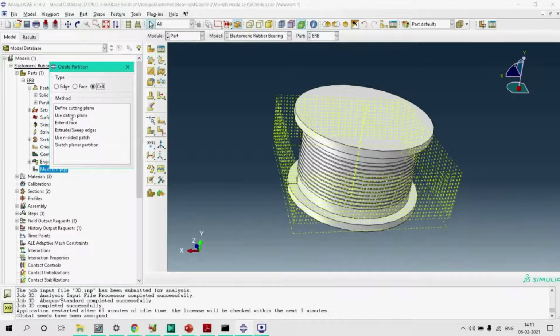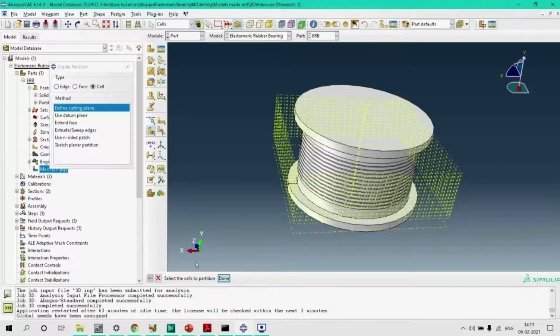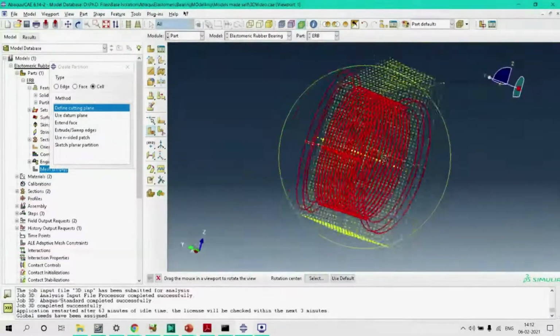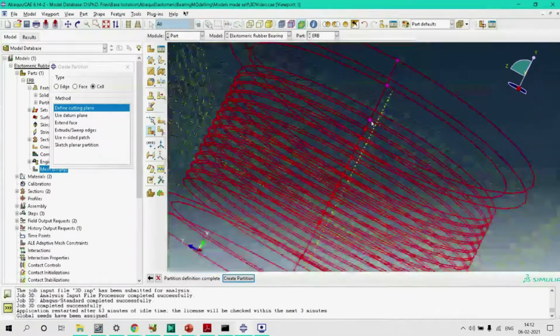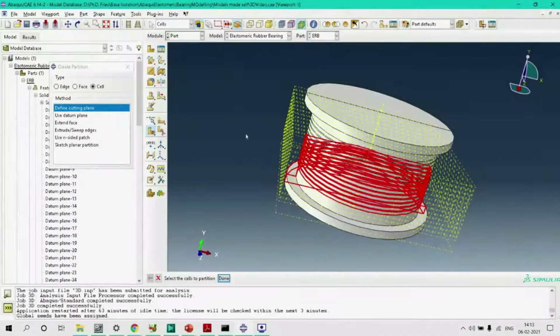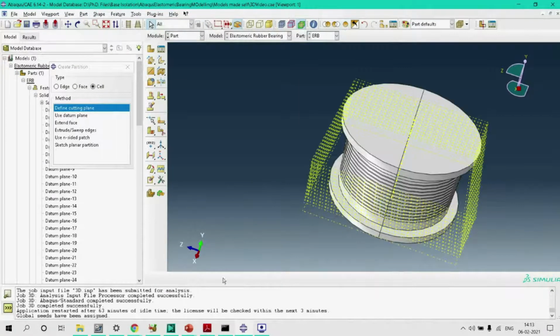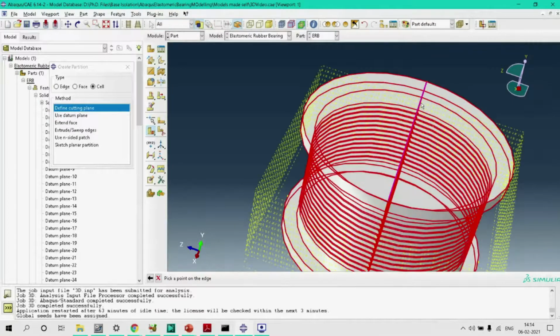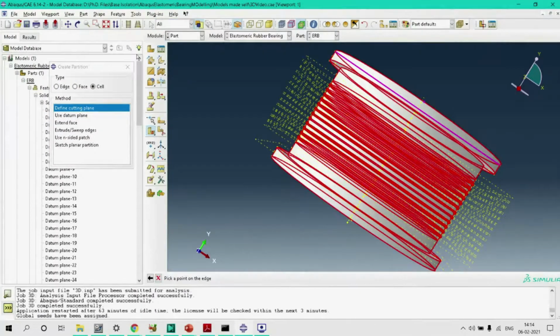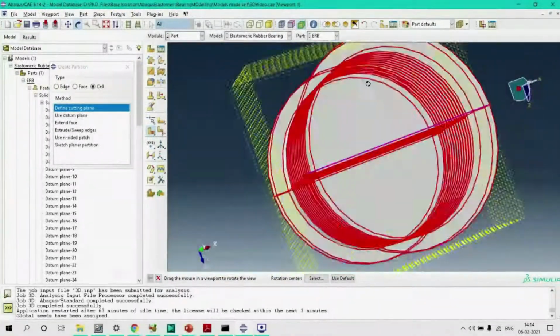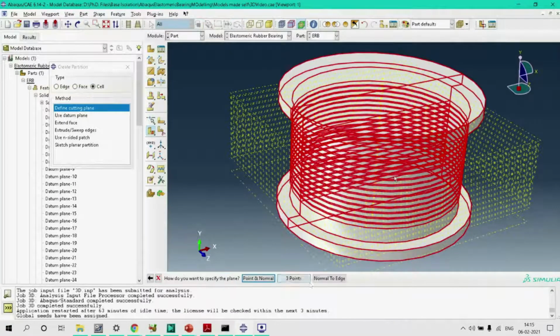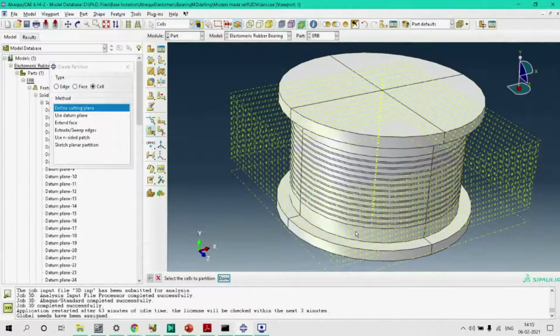So for doing that, I will define the cutting plane, select the cells to partition. Now the entire model, it is divided into these 4 parts.